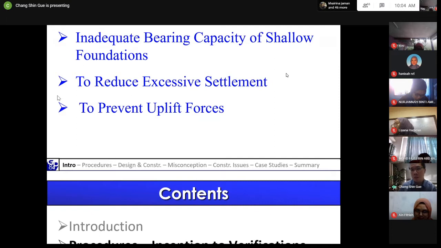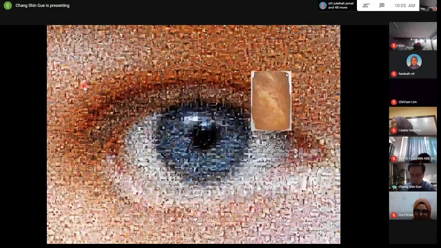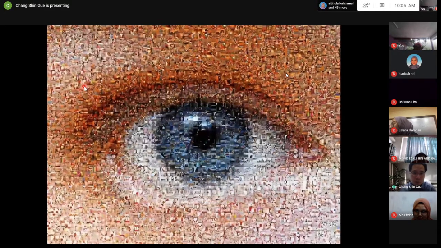So I'll move on to the procedures. Like in universities, normally you would study each subject in detail. For example, this is a sample from a triaxial test. Of course, it's important for you to learn how this is carried out and to get the soil strength and how the soil behaves. But very often in reality, we need to tie in a lot of knowledge from different courses that we study in university to be able to actually perform or design a project. So I do not want you to lose sight of the big picture. So in the following slides, I'm just going to show you typically what is actually done in reality for a project